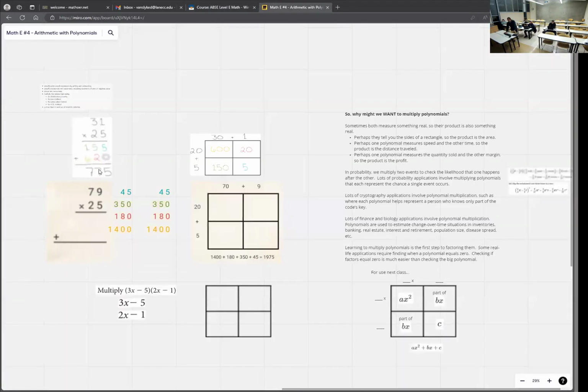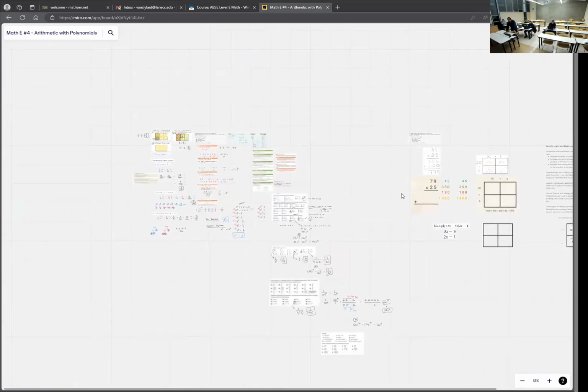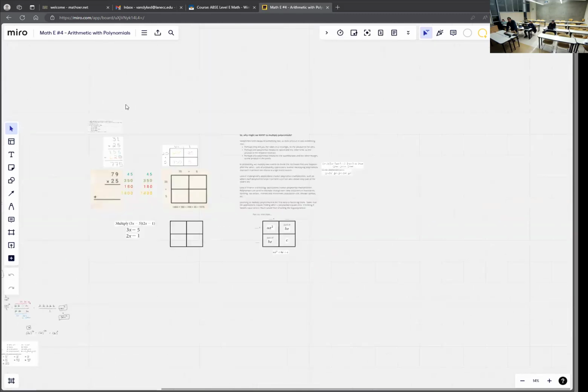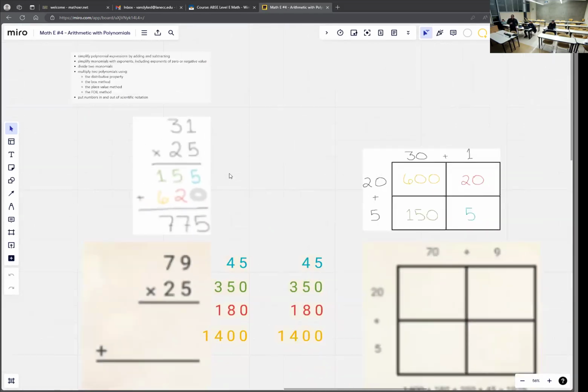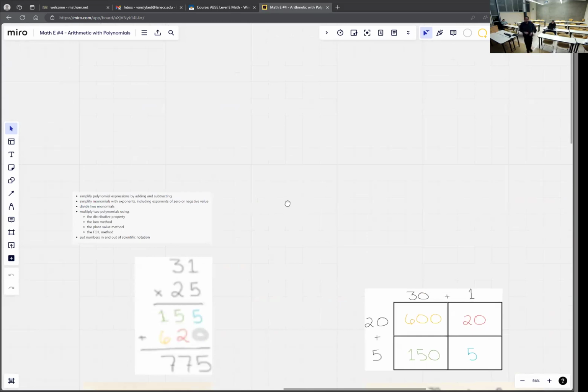Okay, now I'll go forward. So the whiteboard has two halves. On one side, we had everything we did before with exponents and things like that. And now we're over here on this half. Okay, I have two different multiplication things going on. They're both 31 times 25. And I want to point out how the color coding is making them the same thing,